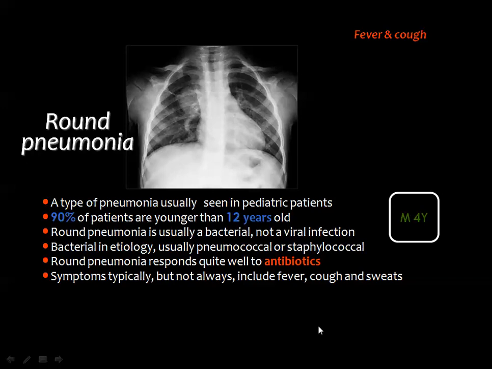Then the last nodule in this category is the round pneumonia. Round pneumonia is frequently seen in the pediatric age group compared to adults. And most of the patients, about 90%, are younger than 12 years old. It's very important to know that this is one of the lesions seen in the pediatric age group, so that you cannot jump to the diagnosis of other pathologies, or you can go for further imaging like CT, for example,